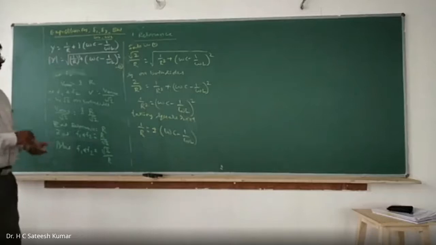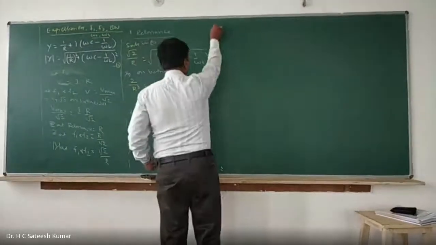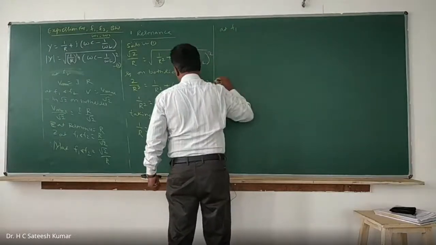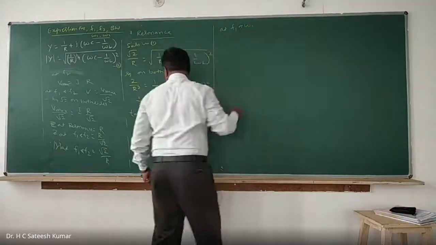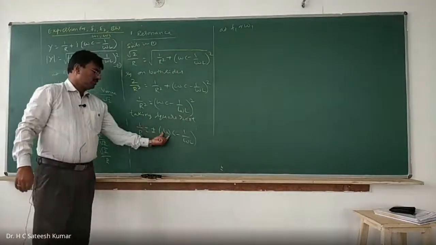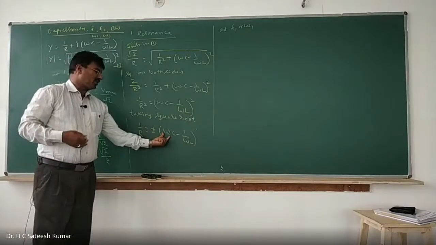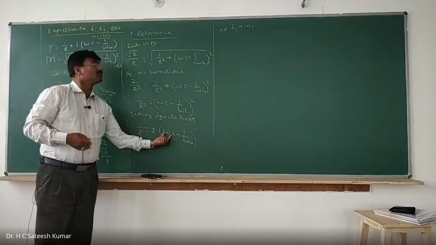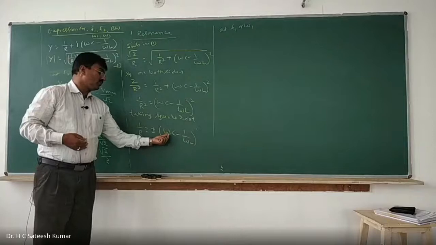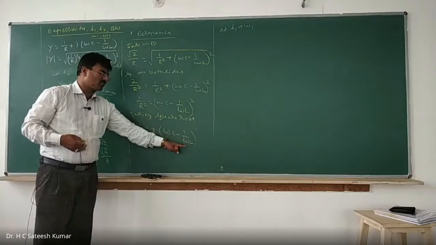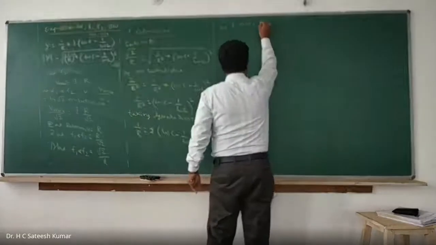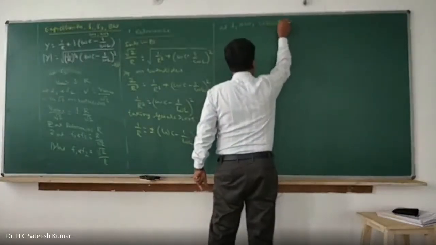So now what should you do? Go for F1 and F2. At F1, what will happen? F1, or omega 1, is the low frequency, the lower cutoff frequency. That means this part is more and this part is less. At F1 the frequency is less, and therefore 1 by less is more. Therefore, the circuit is inductive at F1.